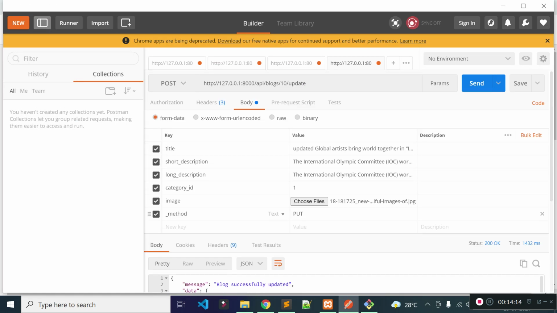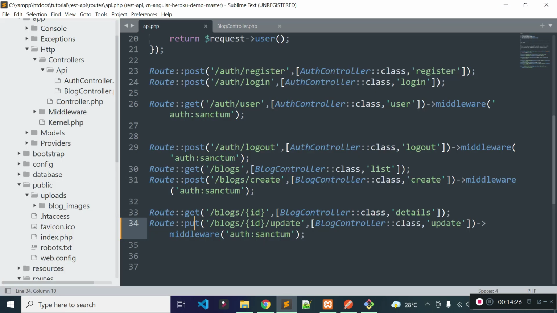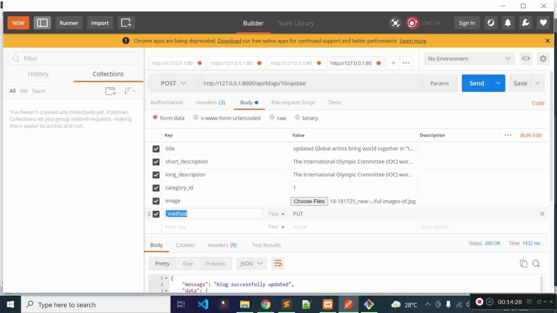So you understand how we can call a PUT API with the POST method by passing a key _method through the form data. Otherwise, this PUT API will not work. Laravel cannot take the data with form data from Postman for a PUT API.